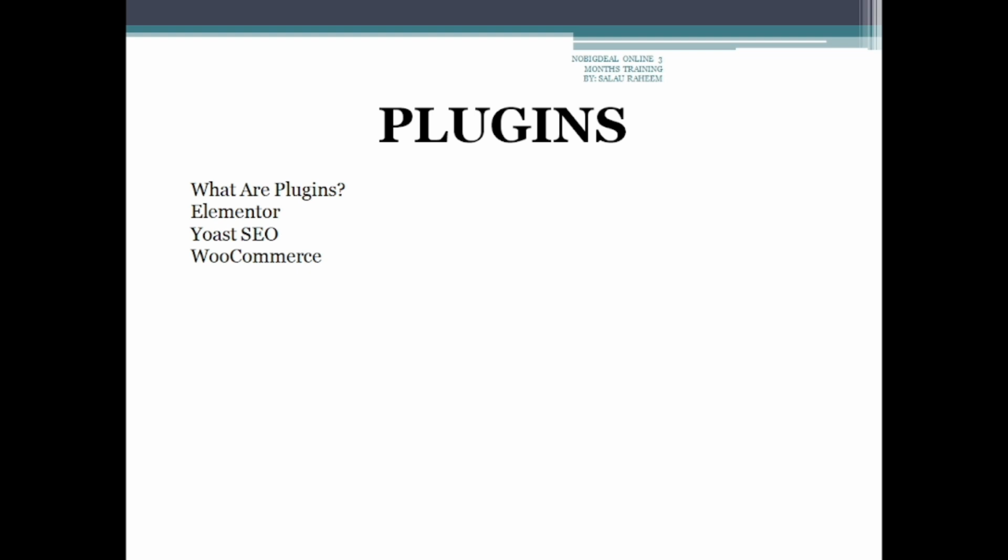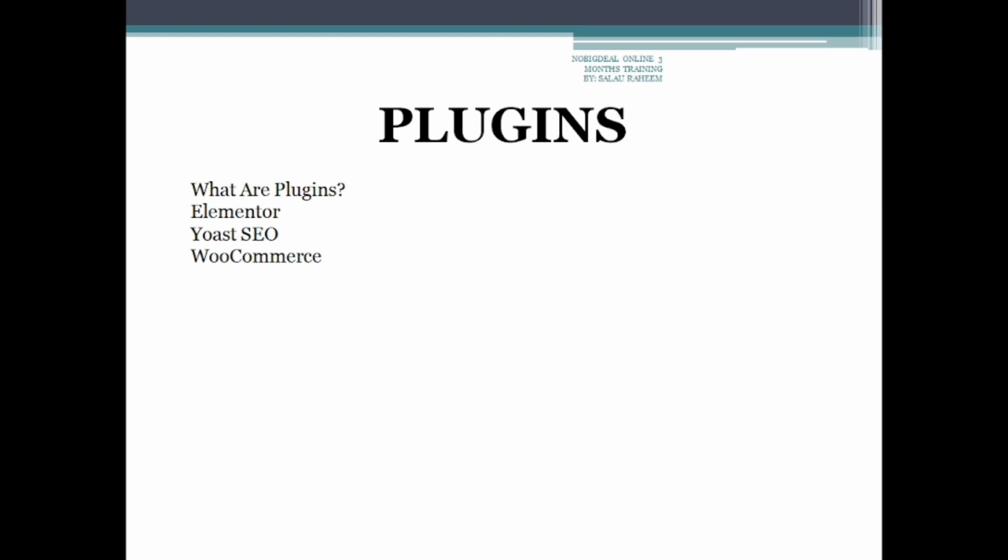We have popular plugins. We have Elementor, we have Yoast SEO, and we have WooCommerce. Elementor is used as a drag and drop page builder. Why Yoast SEO?